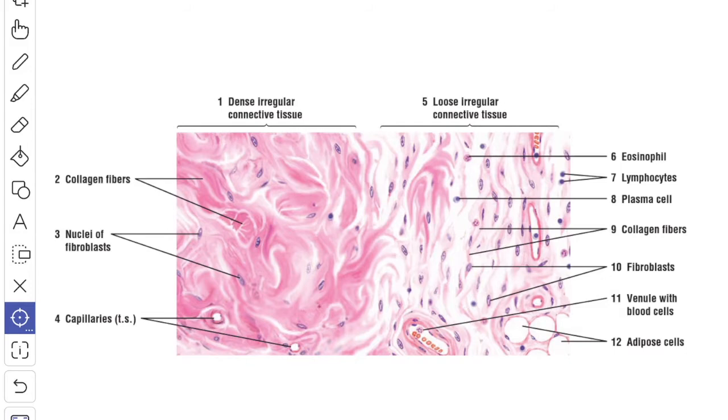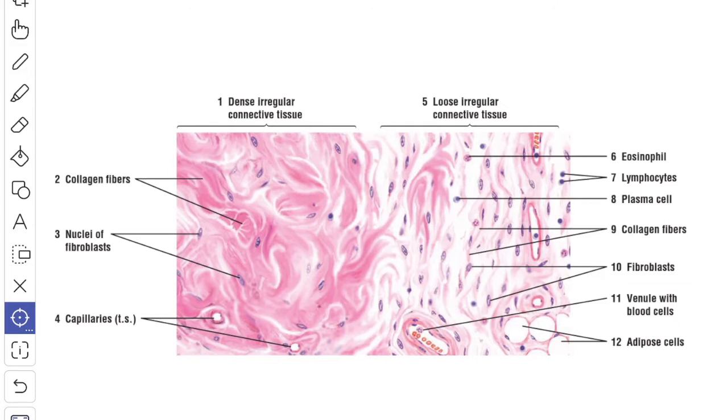Next we'll see about the dense collagenous connective tissue or dense fibrous connective tissue. In loose areolar tissue, the fiber bundles are loosely arranged with wide spaces in between them. In many situations, the fiber bundles are much more prominent and form a dense mass. This kind of tissue is known as the fibrous tissue. It appears white in color and hence it is also known as the white fibrous tissue.